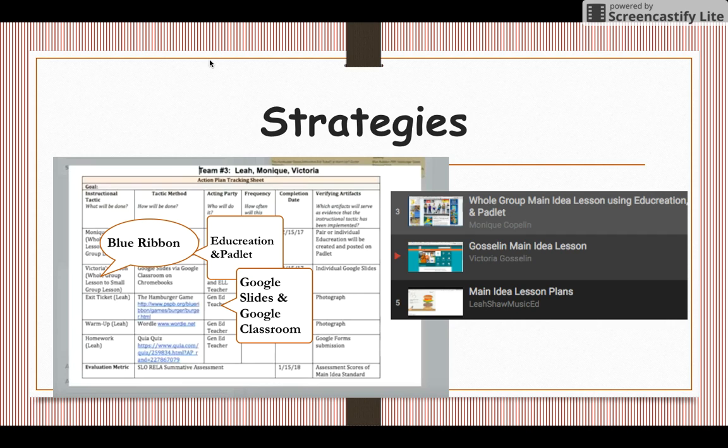Padlet is an online bulletin board, which is really helpful. Google Slides and Google Classroom. And Blue Ribbon had countless exit assessments for main idea, my favorite being the hamburger game. All of these can be seen in action or previewed on my YouTube page, which is listed at the top. You could view a whole group lesson using Google Slides and Google Classroom on Victoria's YouTube page, and the same for Leah.